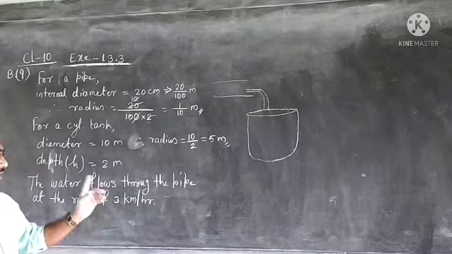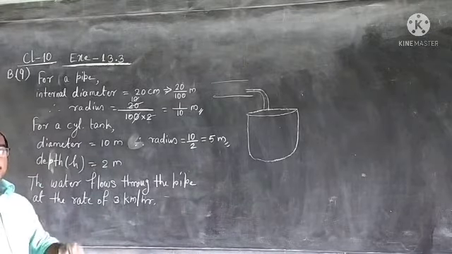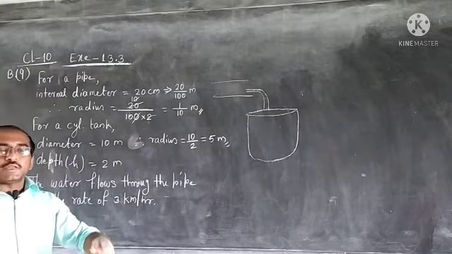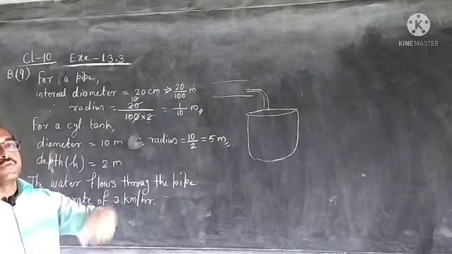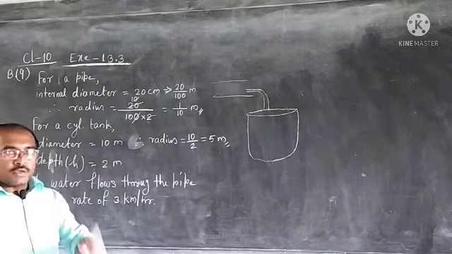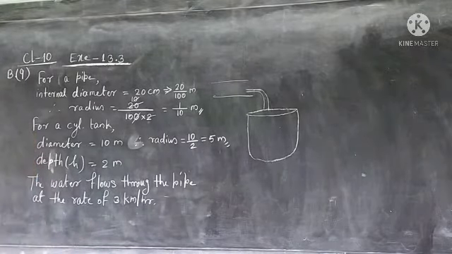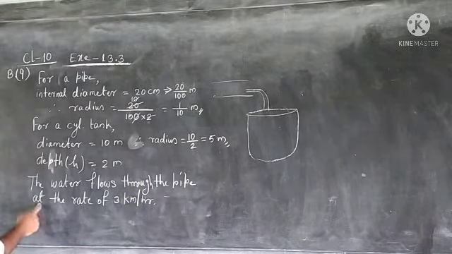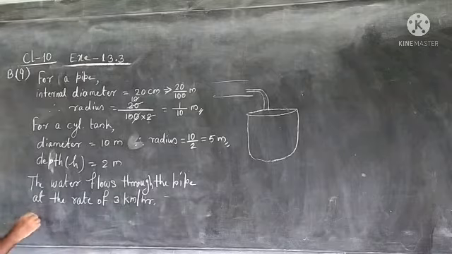The thing is that 3 km per hour means in 60 minutes water is flowing 3 kilometers, that is, in 60 minutes water is flowing for 3000 meters. So in 1 minute how much will it be? Let us start. The water flows through the pipe at the rate of 3 kilometers per hour. Therefore,